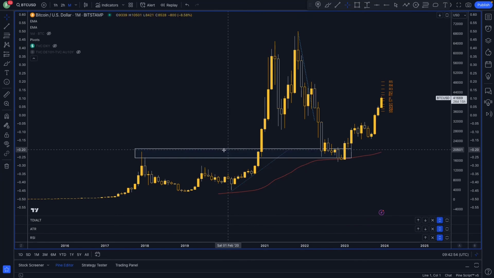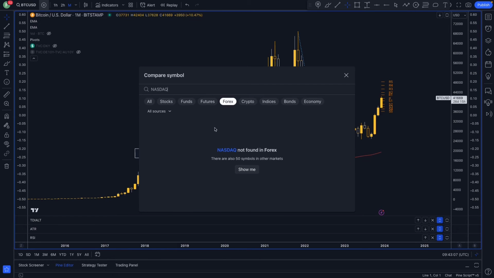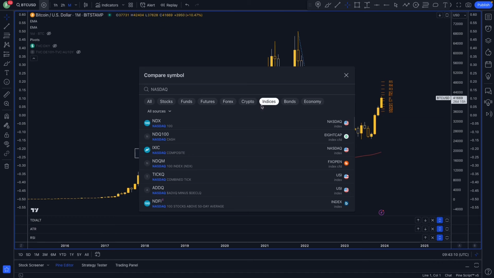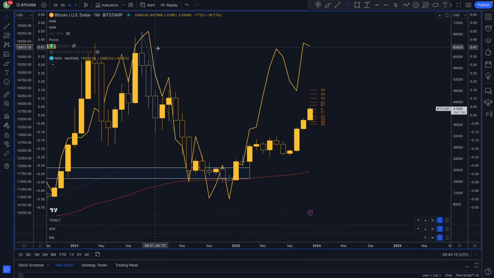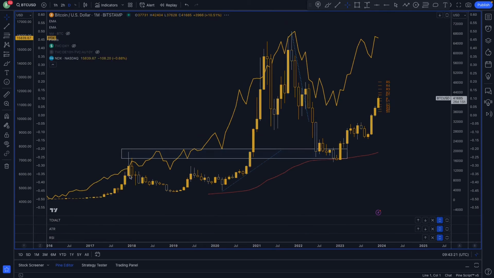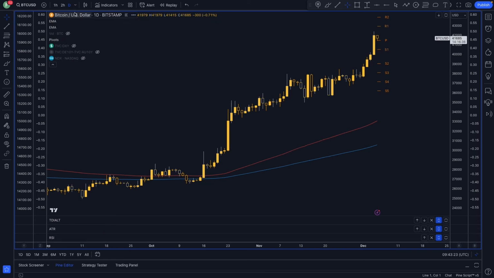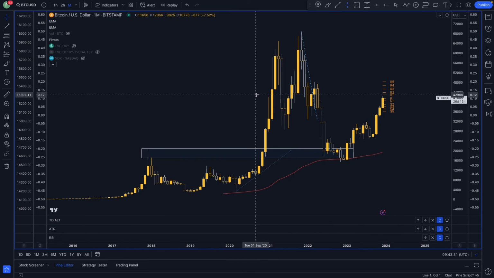Slightly different with Bitcoin because it has become a digital expression, and it tracks the Nasdaq very closely. If you overlay the Nasdaq on top of Bitcoin, you see quite a tight correlation between the two. So it has become a legitimate financial expression, but nevertheless, it still has all the hallmarks and characteristics of a bubble. So those are the stages for you to look at. Go away and do a bit more research on this.